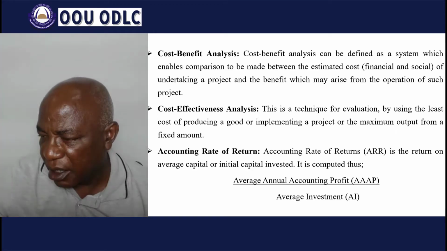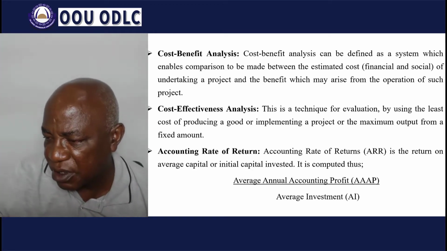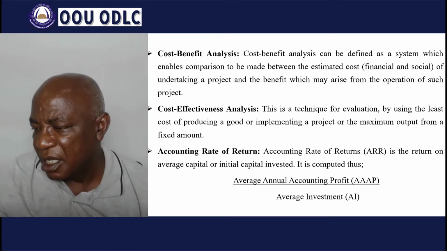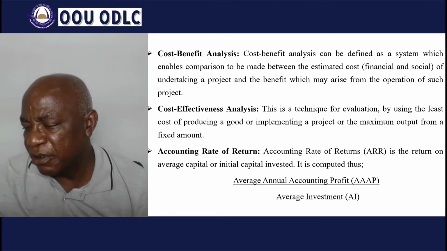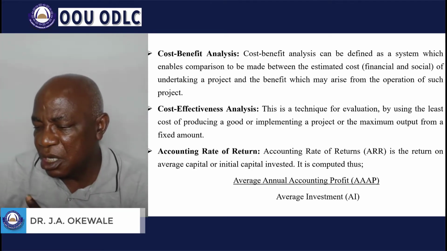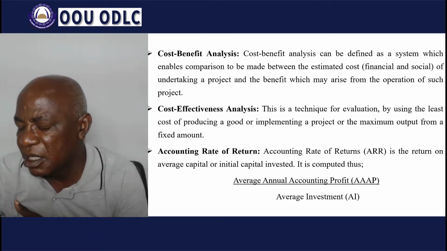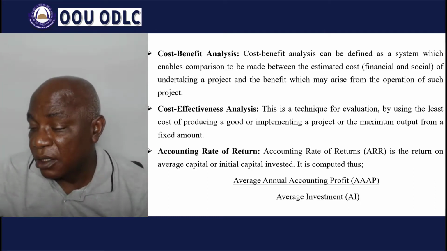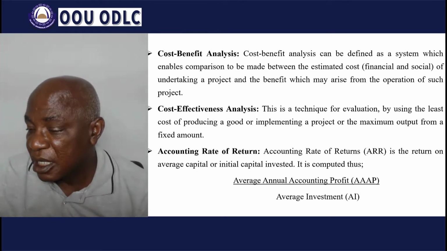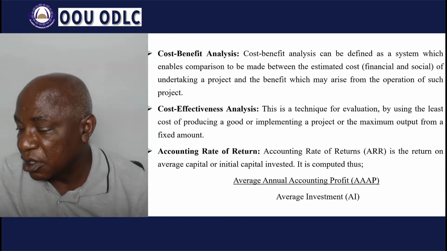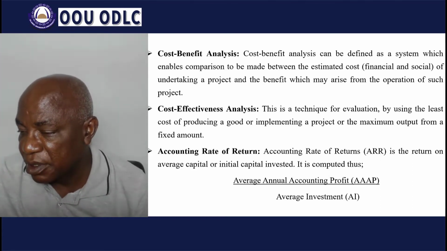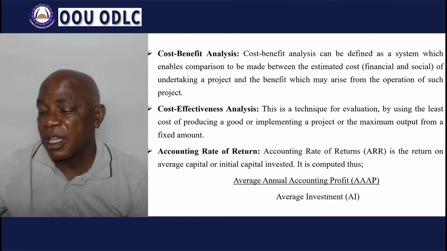So with that, if you look at our examples in Iwuyi Local Government Council, we are given some data in terms of profit from year 1 to year 4. We are given information on initial investment for each of the 3 projects. We are also given residual value for each of the projects, and of course with that we can determine the accounting rate of return of the projects. So with that behind us, we can go to payback period.